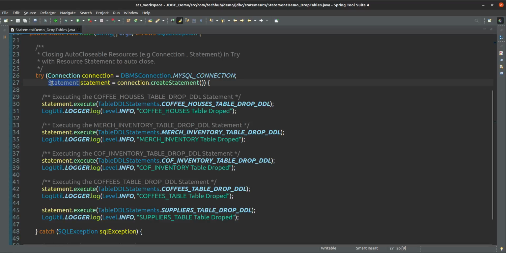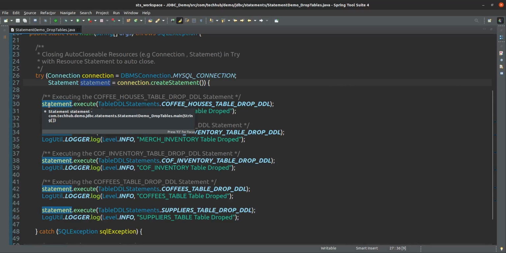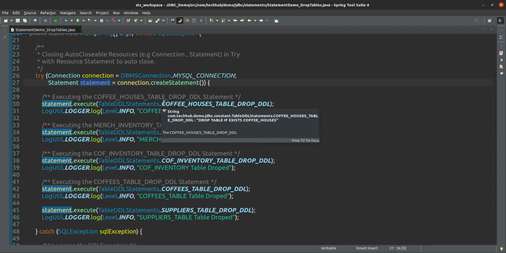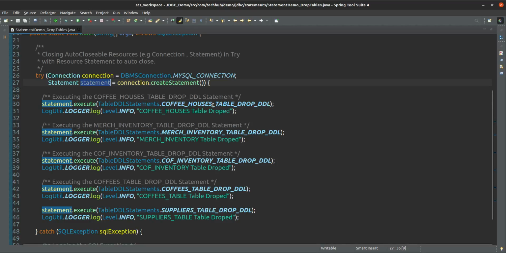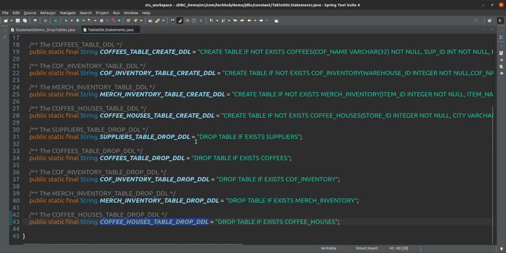This is a simple statement we are creating from the connection. You can see here, from this connection we are creating a statement object, and we are using that statement object to drop the table. So these are the drop statements.